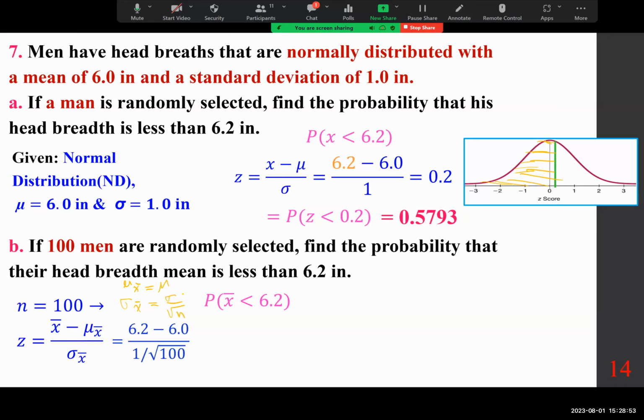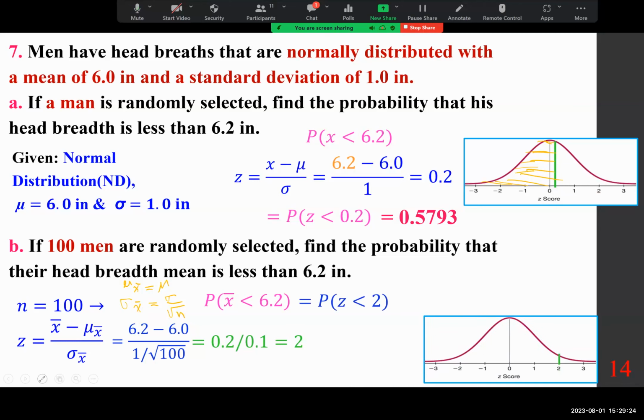When we do the math, you may recognize that this is a complex fraction. And so as a result, the square root of 100, which is 10, gets multiplied by that, and it gives you 2. This is simple math. I hope everybody's okay with complex fractions, not a big deal. So again, this is 10, so it gets multiplied by the numerator. And so now the probability of z less than 2, so we go all the way to 2 now,